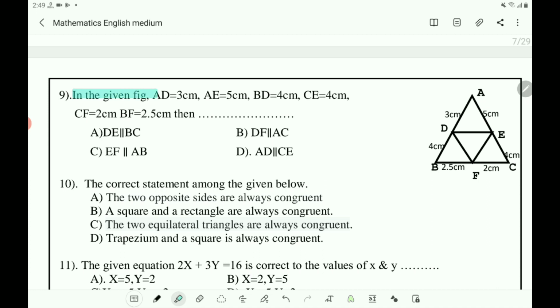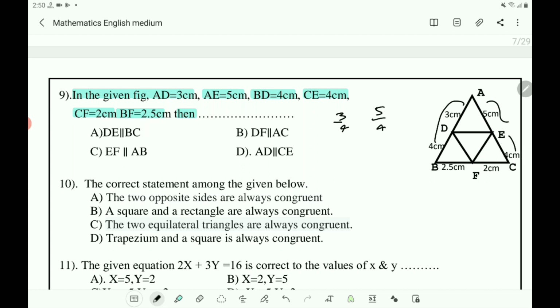In the given figure, AD equals 3 cm, AE equals 5 cm, BD equals 4 cm, EC equals 4 cm, CF equals 2 cm, BF equals 2.5 cm. Then here what is parallel to what? That you have to make out. Here you get the ratio. Here AD by BD becomes 3 by 4. AE by EC becomes 5 by 4